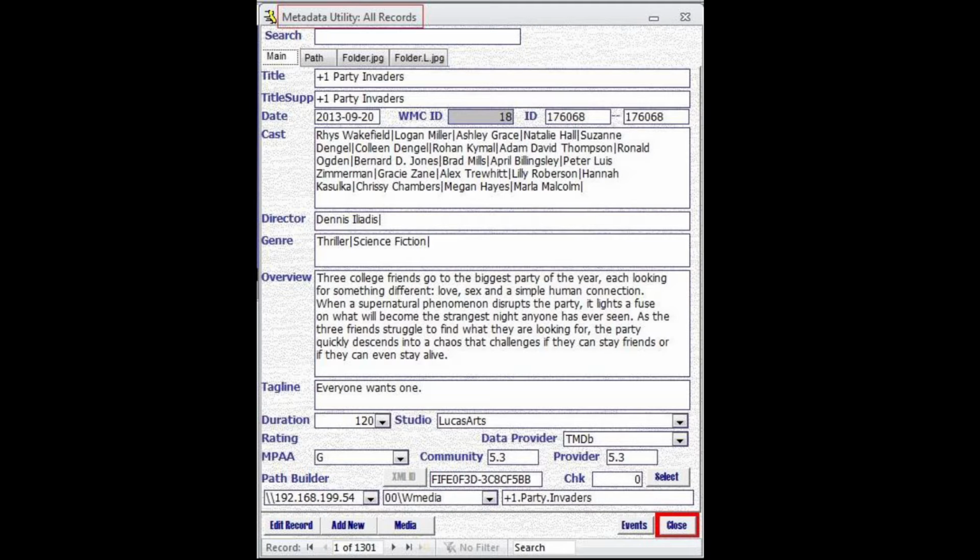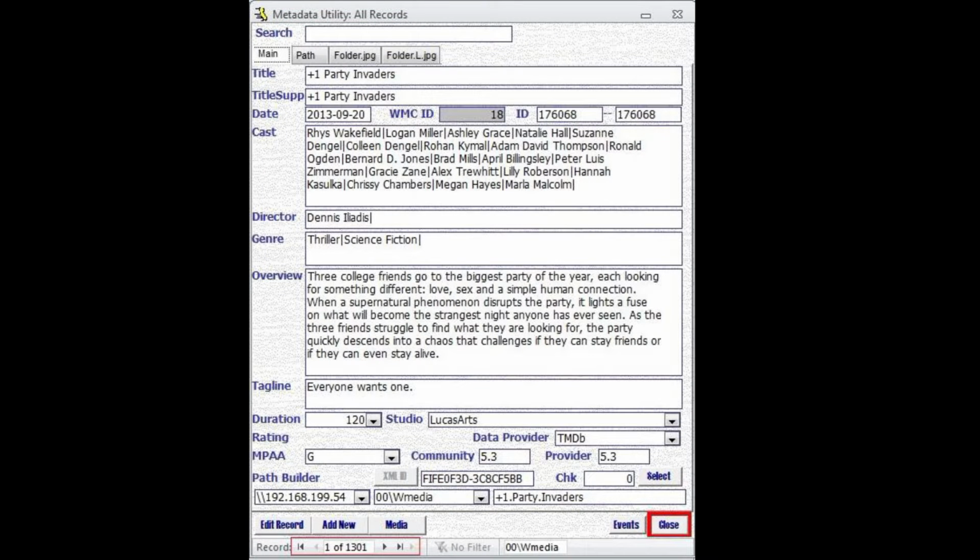As we see here, we are in the all records queue and we are actually seeing all 1,301 records for this particular build of a user that has actually 1,301 movies in their Windows Media Center movie library. As we see at the bottom of the main application on the navigation record selectors, we see 1301 records,